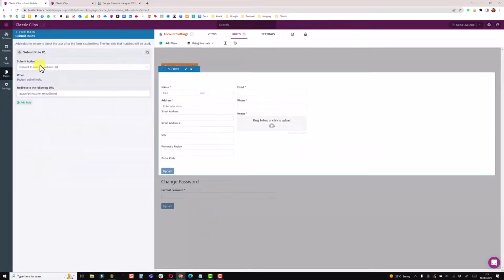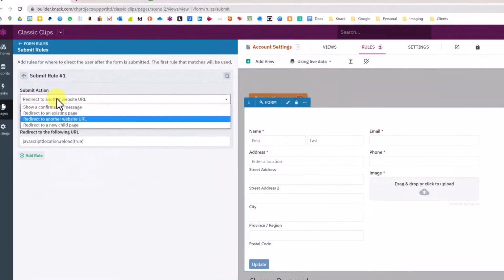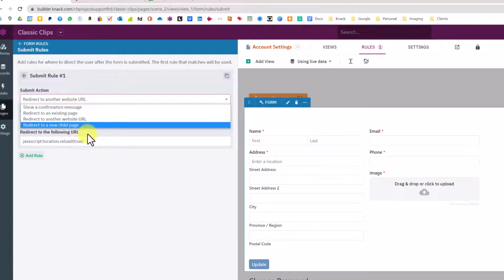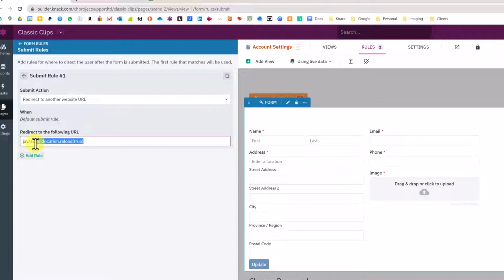On the submit rule, I use the method of redirecting to another website and using this little piece of JavaScript which forces the page to refresh. I've used a similar method in another video which I'll link to up the top right hand corner. So when Maria submits this page, the whole page will refresh, and as part of that refresh it will update the view and all of the pages will now be visible based on the fact that she now has a